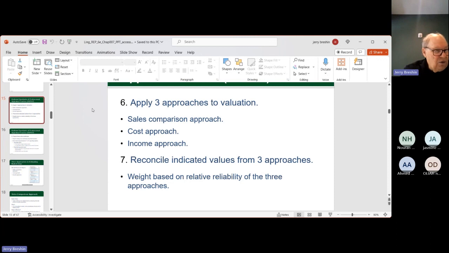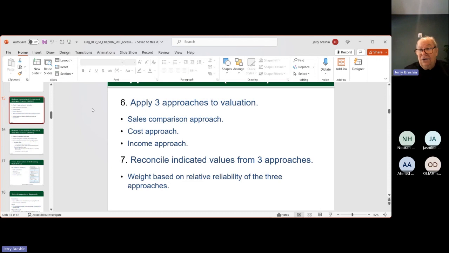Okay, let's turn now to the main focus of the chapter, which is how to value homes, but not in a formal way, not in a way that we are presenting a number to a bank, only that we are working with our clients. And when you work with your clients to provide an estimate of the value of a home, you do not need to be a licensed appraiser, but you have to understand that appraising the value of a property is part of what a realtor does.